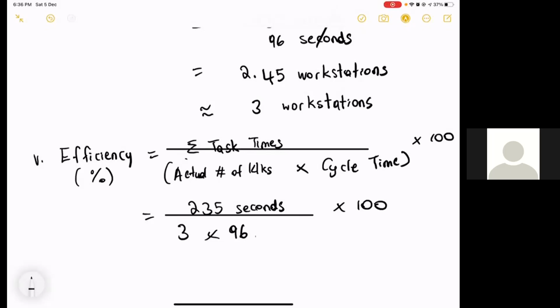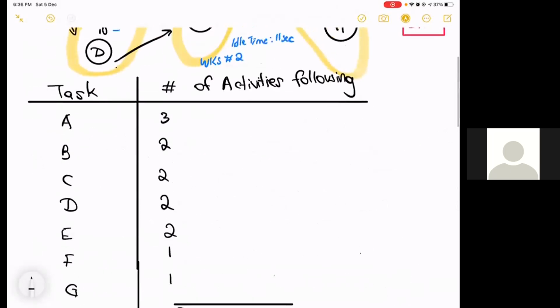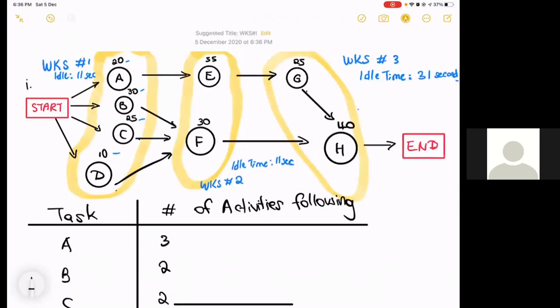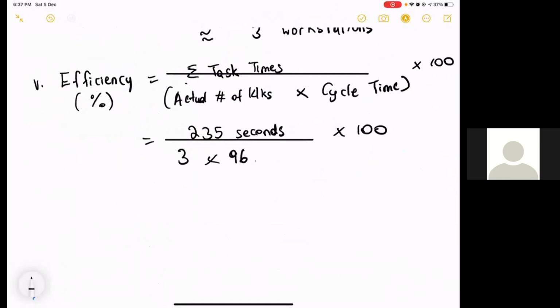So for example, the theoretical minimum was 3, but when assigning your workstations in the diagram, you had used 4 different workstations, then please go ahead and use the same amount that you had used in the diagram. So for the scenario that I just gave,